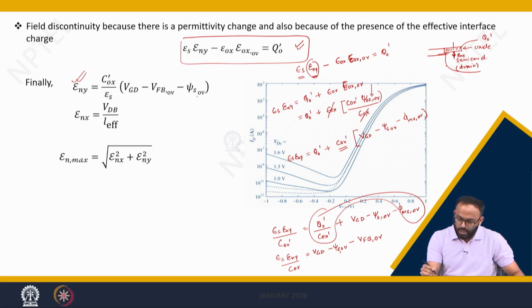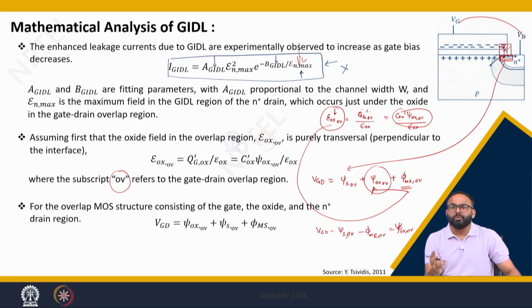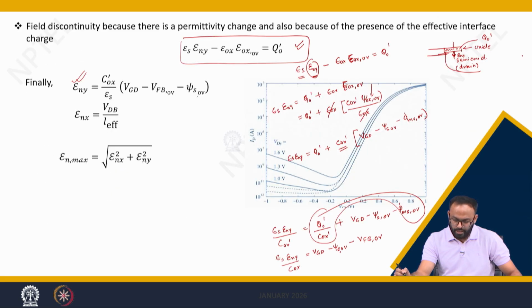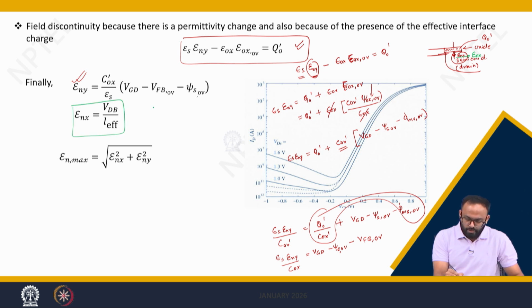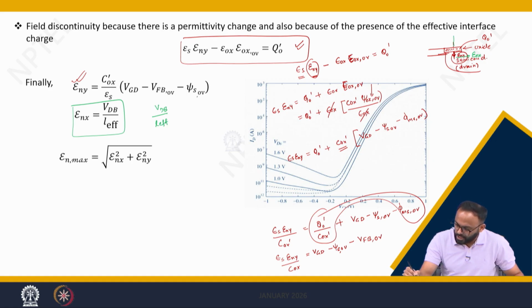Now, the effective electric field is two dimensional, because in this region the field is coming from the top as well as from the horizontal. So, you need to calculate the effective electric field, where we have only calculated the vertical component, which is E n y. Now, we need to calculate E n x. In a simple way, E n x can be calculated as VDB divided by L effective, where VDB is the voltage between these regions. This is drain and this is gate. So, the effective voltage is what